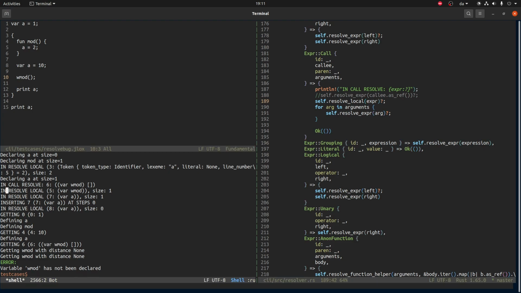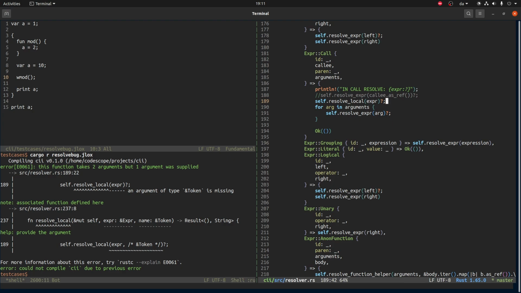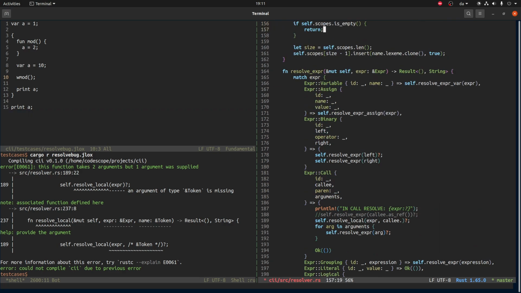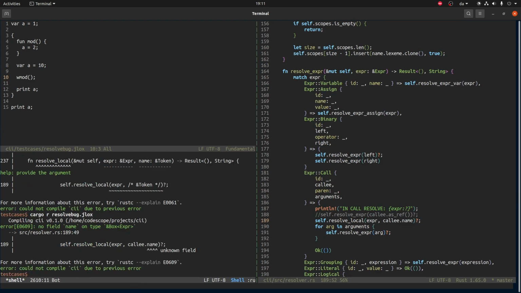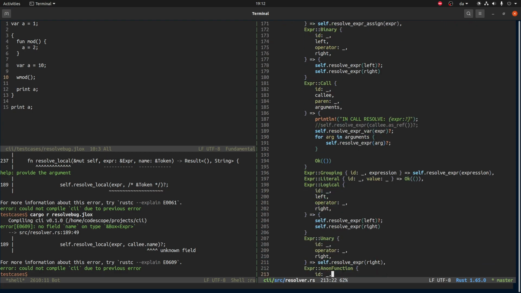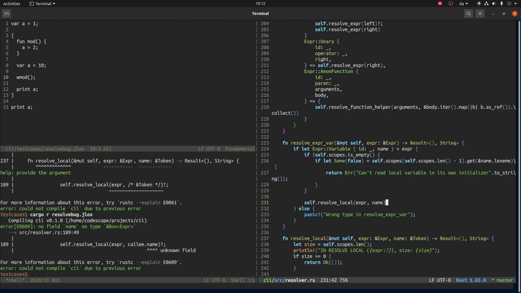There we go. And I didn't want that because it also needs the name, which is callee dot name. Probably that will not work because it doesn't have a name field. So I'm gonna say this. I'm gonna just go down here and